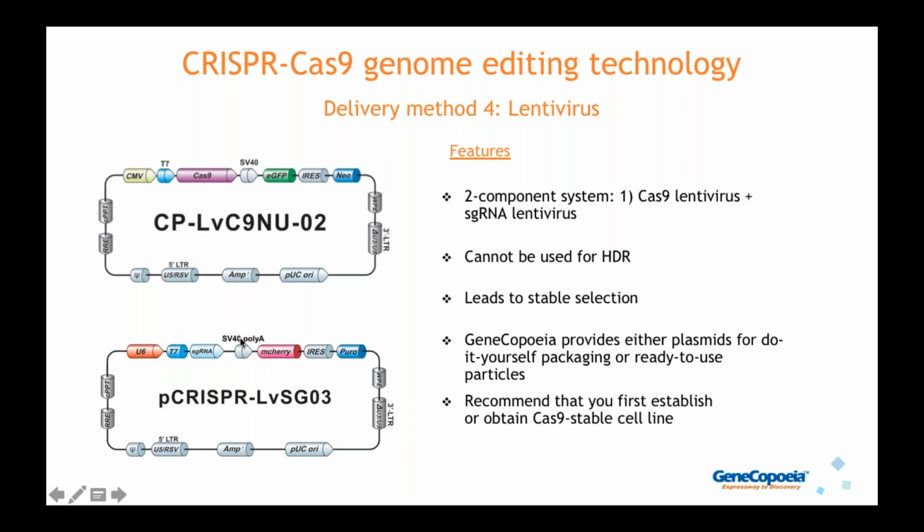Now, you could combine these into an all-in-one plasmid, but we generally don't recommend it because the size of the Cas9 nuclease gene is large, so it leads to reduced lentivirus titers. And so we generally recommend either co-transducing cells with both lentiviruses at the same time, or what we think is even better is that you first establish or obtain a Cas9 stable cell line first, and then infect these cells with